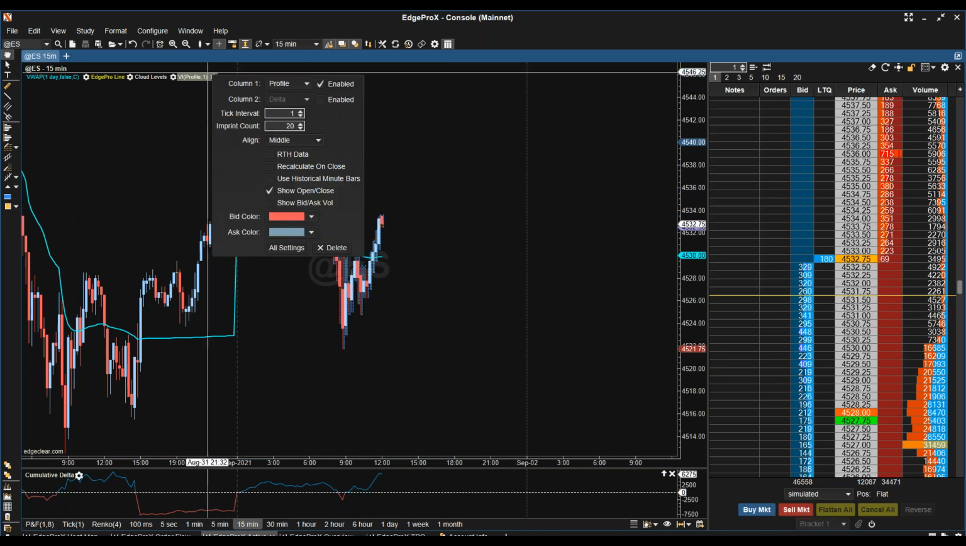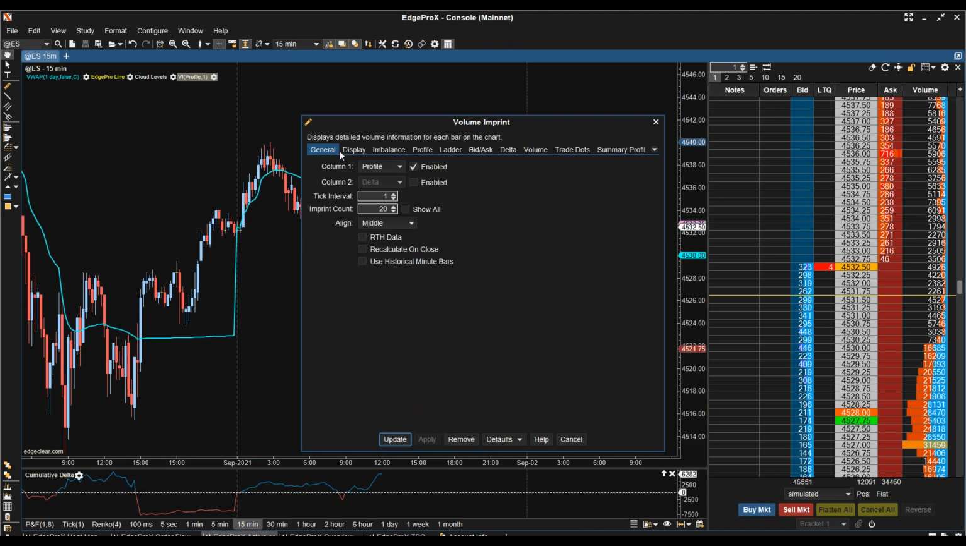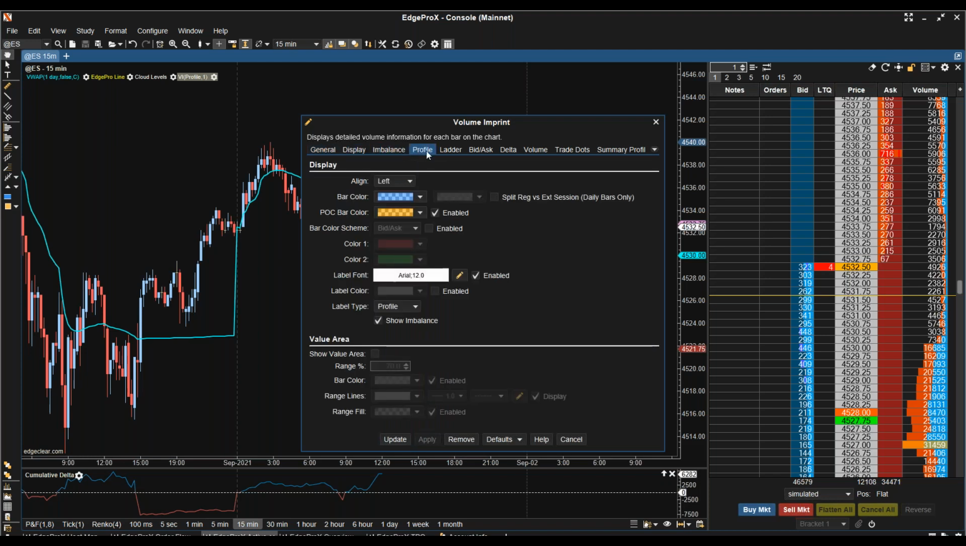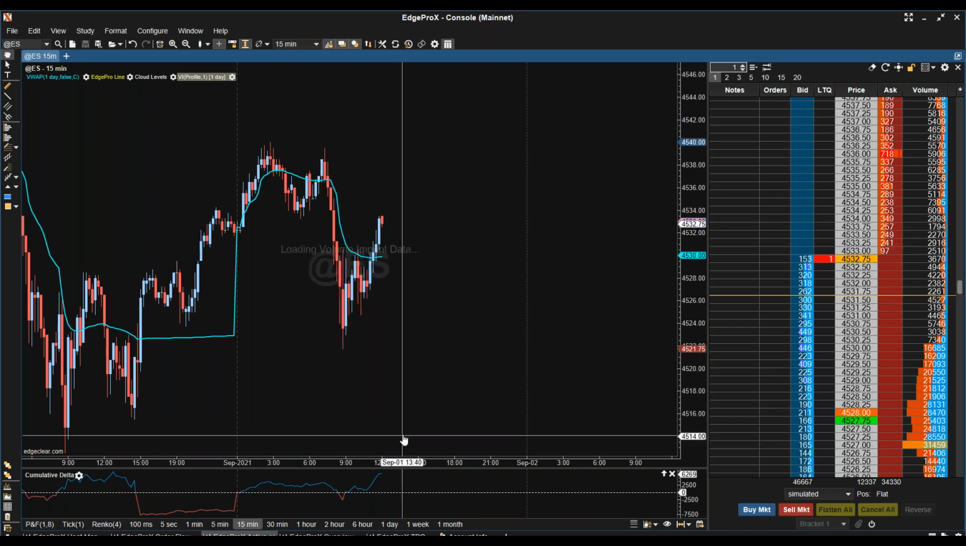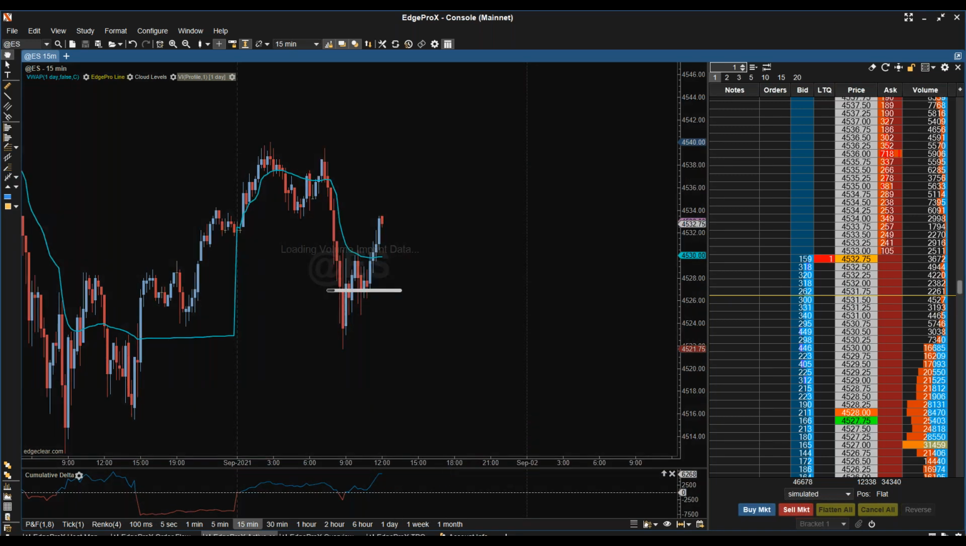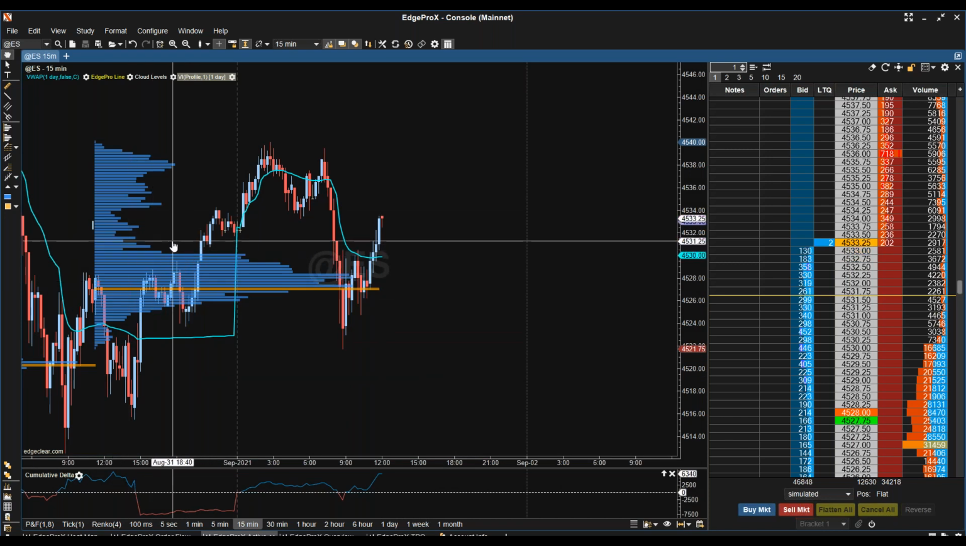What you need to do to fix this is go into all settings, go over to profile, or actually head over to options. The reason that this is not showing is because it's using the chart bar size. You want to uncheck this and go to a daily. So now it's going to change your volume imprint to show daily. Then if I hit apply, it should automatically update my imprint to show as a daily profile instead of a